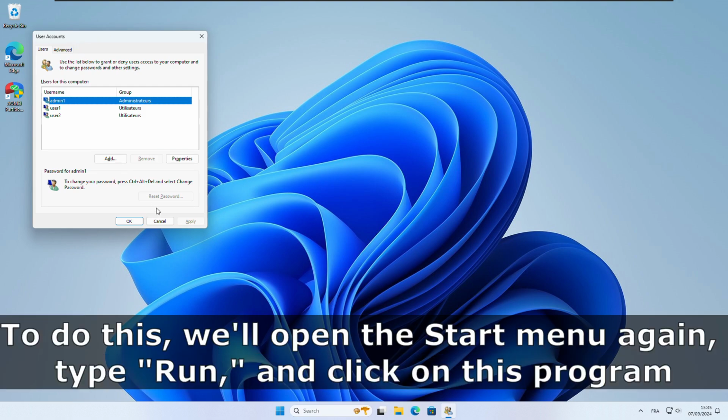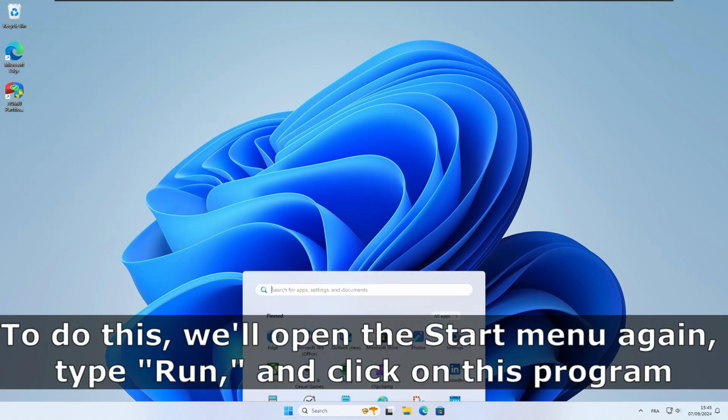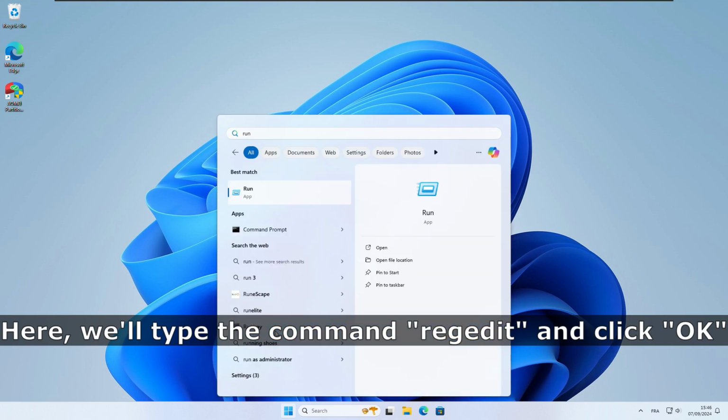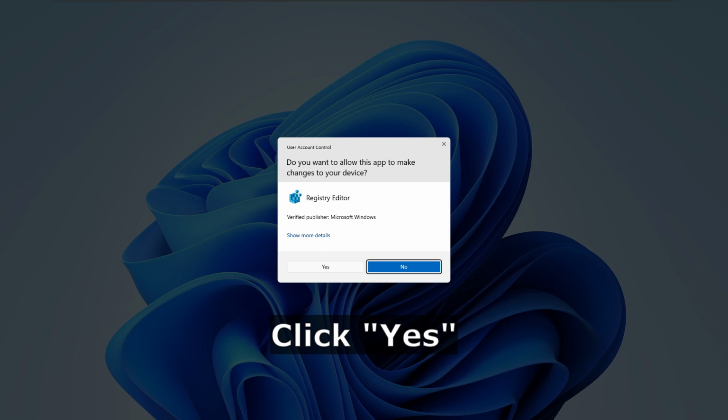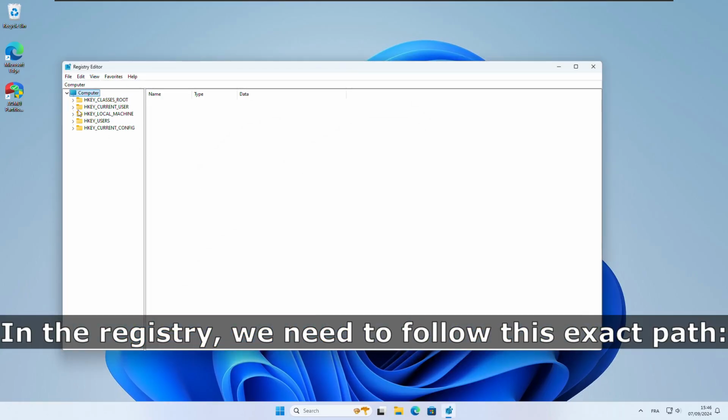To do this, we'll open the Start menu again, type Run, and click on this program. Here, we'll type the command regedit and click OK. Click Yes. In the registry, we need to follow this exact path: